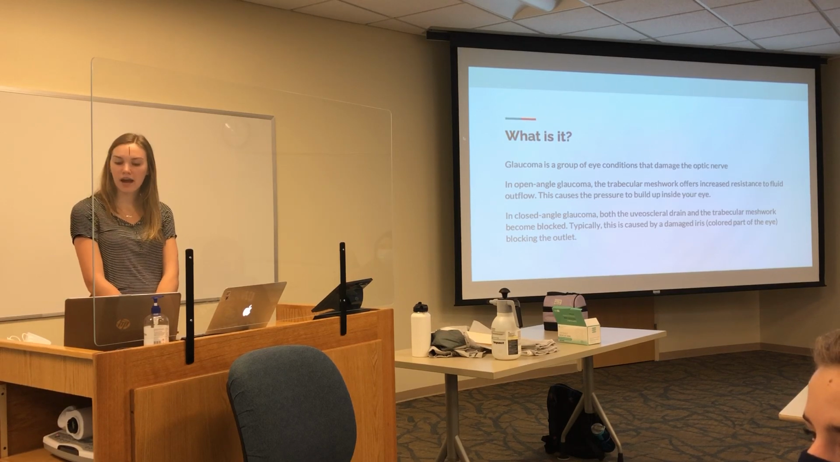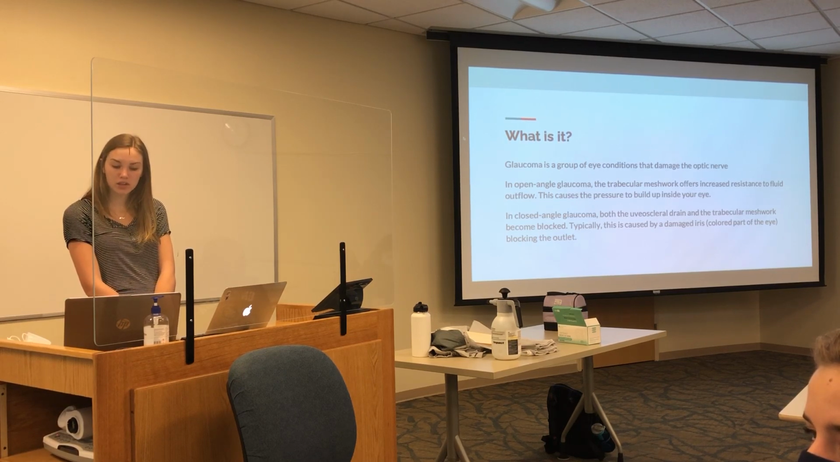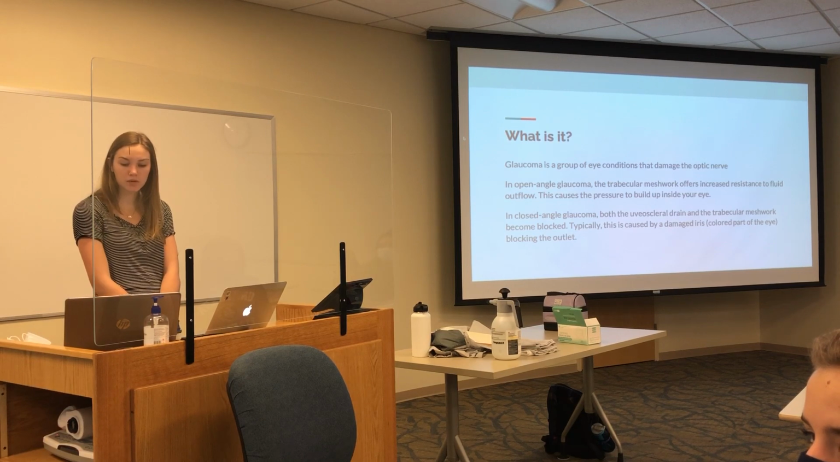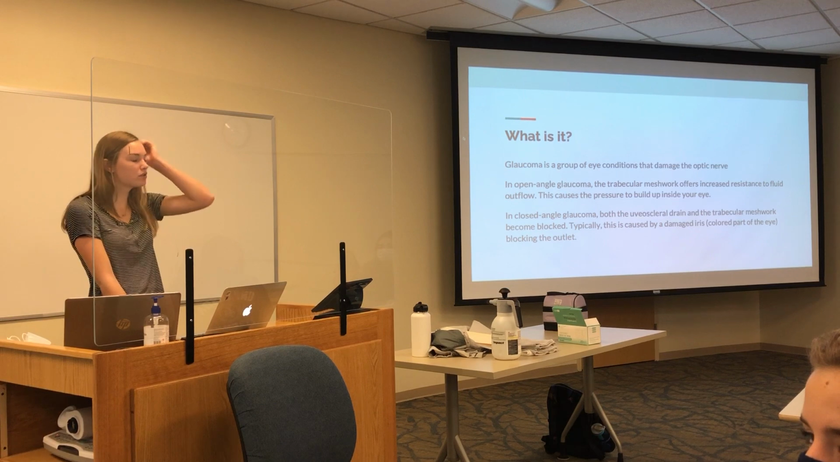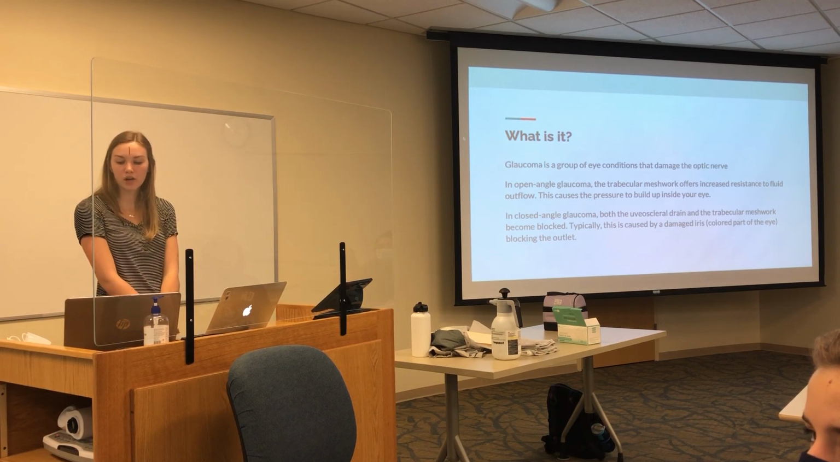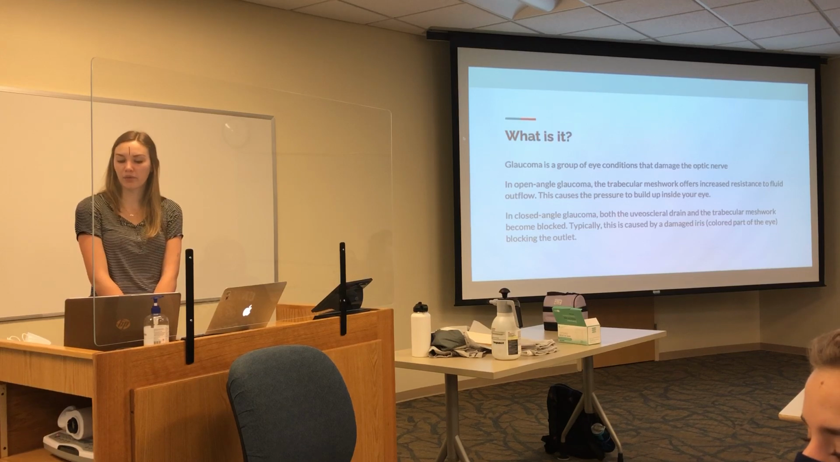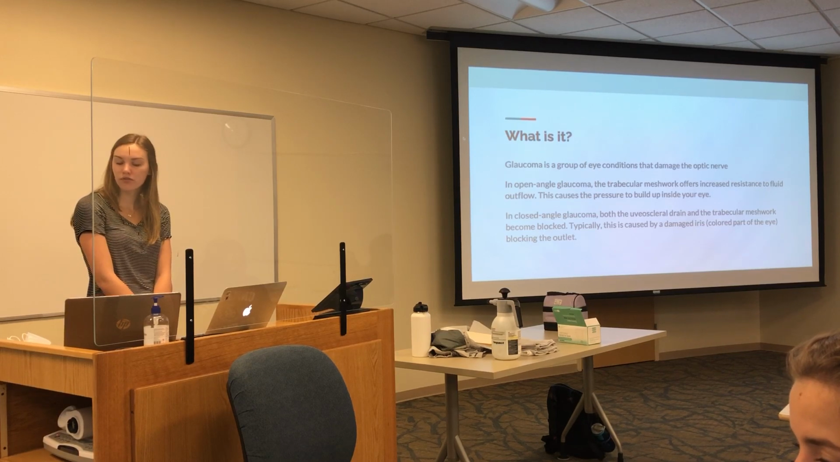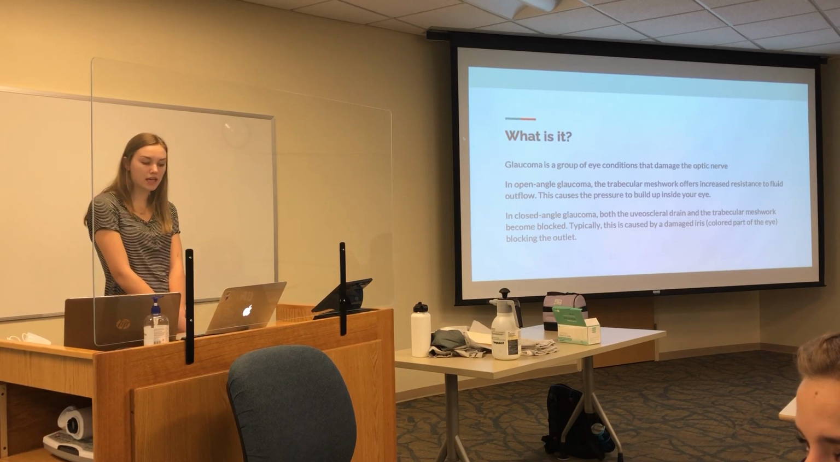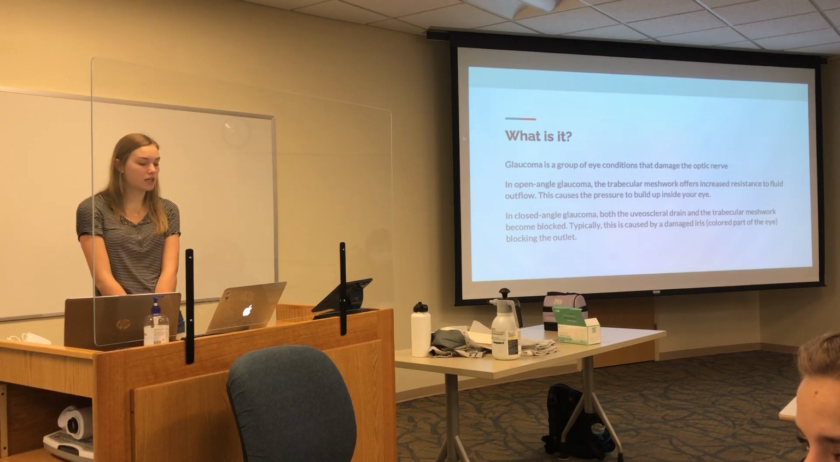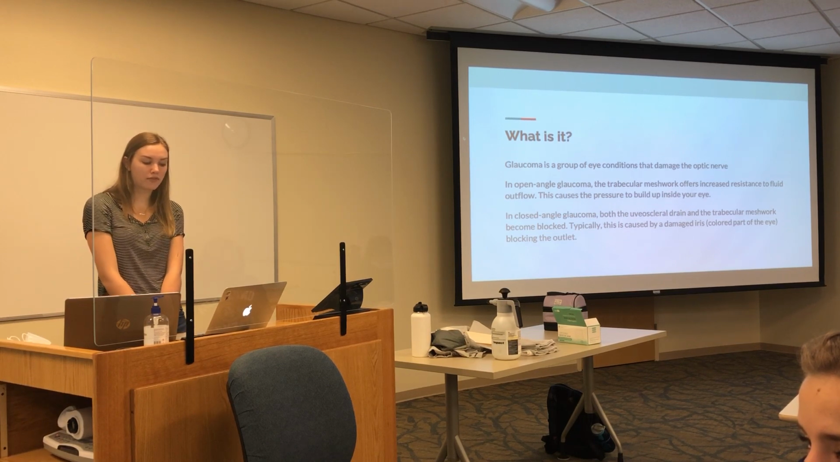There are two different outlets for the aqueous humor to drain, the trabecular meshwork and the uveoscleral outflow. And so there are two different kinds of glaucoma, categorized by how the two drainage pathways are damaged. The first one is open angle glaucoma, and this is the most common type. It's when the trabecular meshwork offers increased resistance to fluid outflow, which causes the pressure inside your